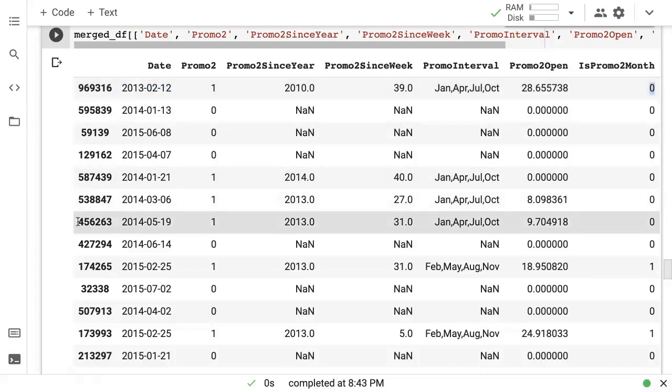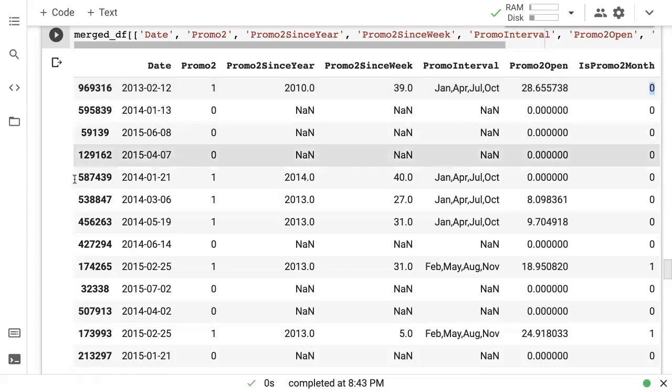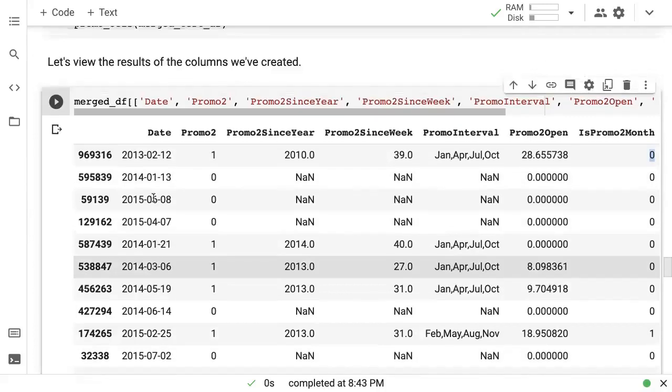And this is probably 70 or 80% of machine learning, which is cleaning the data, getting the data into the right shape, combining different data sources, engineering new features based on insights like this, that maybe we should keep track of how long a competitor has been open, or maybe we should keep track of how long a promotion has been open, etc., etc.